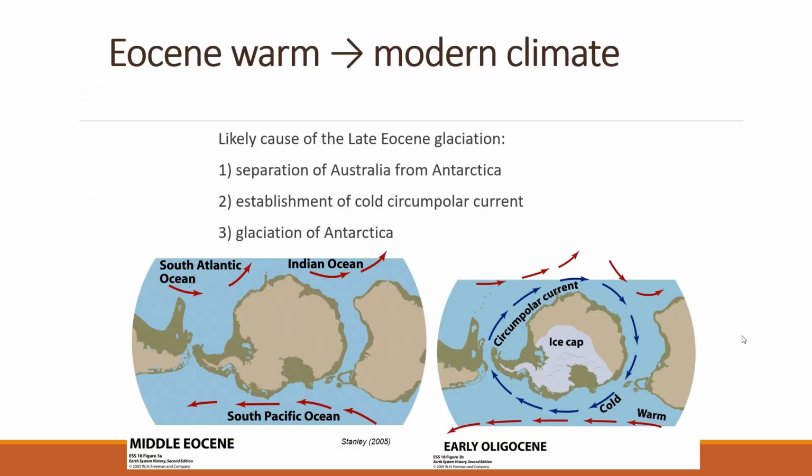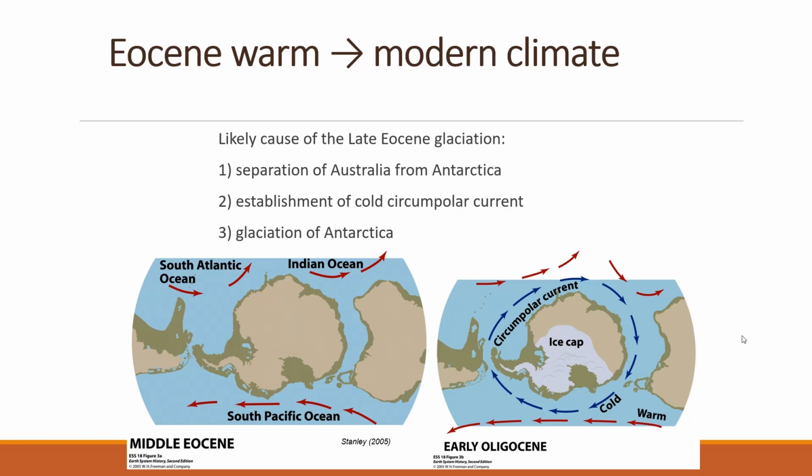So during the Eocene, it was actually fairly warm during that period. The Eocene was similar to a modern climate. Towards the end of the Eocene, we started to have glaciation. And then into the